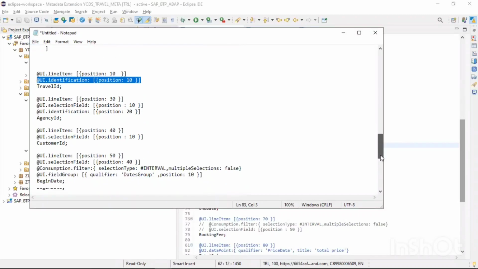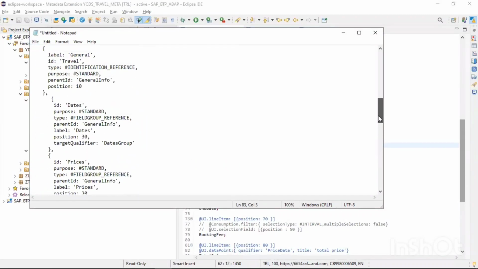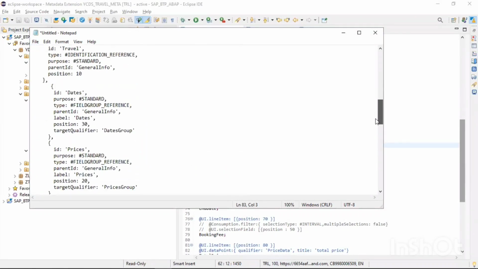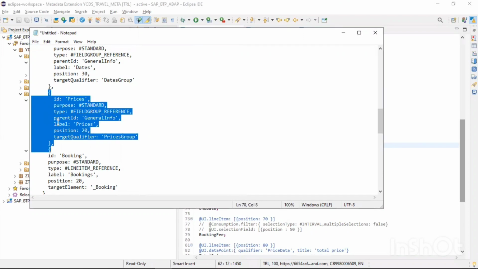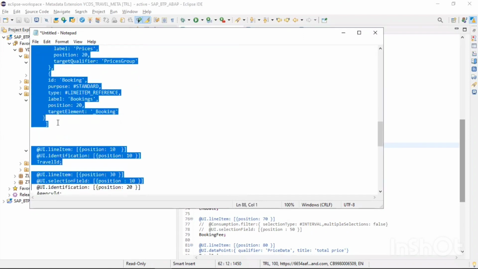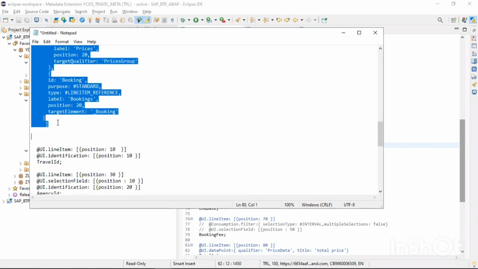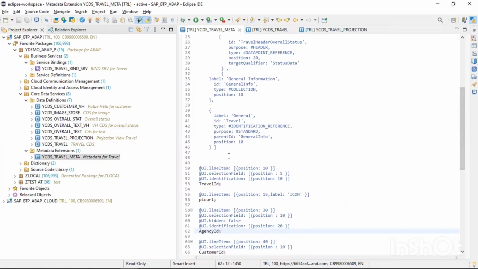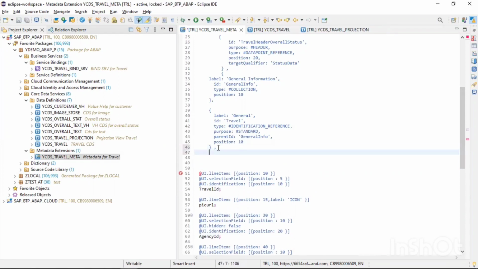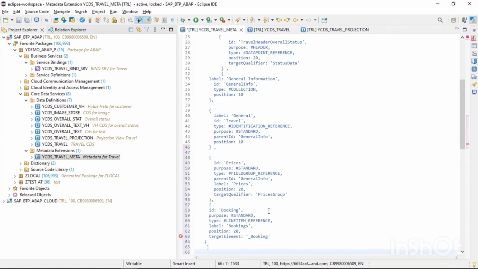To achieve the same, we have to use a different annotation. I already have a piece of code, so I'll use the same. I'm just copying and pasting. So what we need to do, just